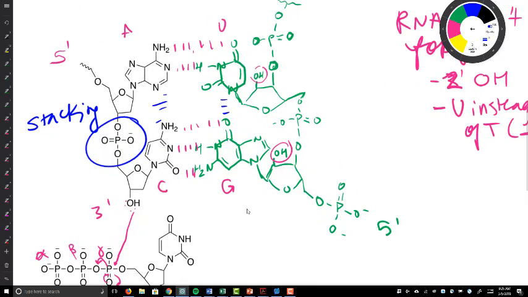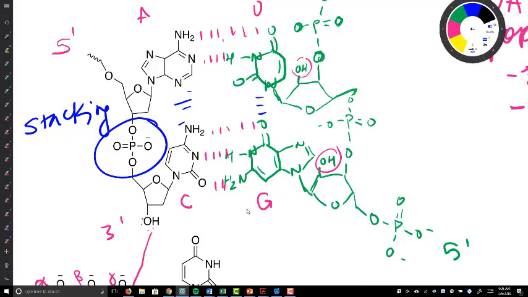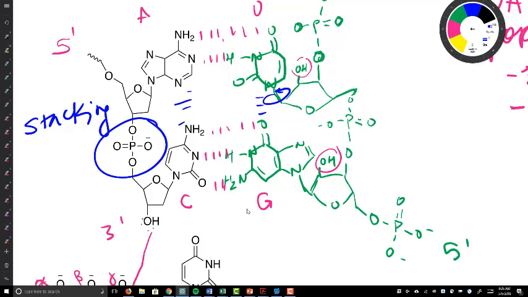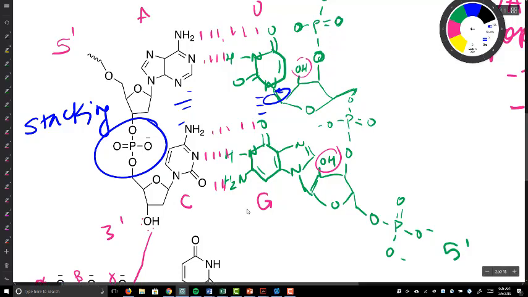What I like to do is I generally draw the base first, and you draw the base so it's complementary, hydrogen bonding with its partner, because this bond, the glycosidic bond, is rotatable and the base can rotate around. And it will rotate around until a base pairs with something and then it locks. And then I literally just draw the ribose or deoxyribose sugar upside down,